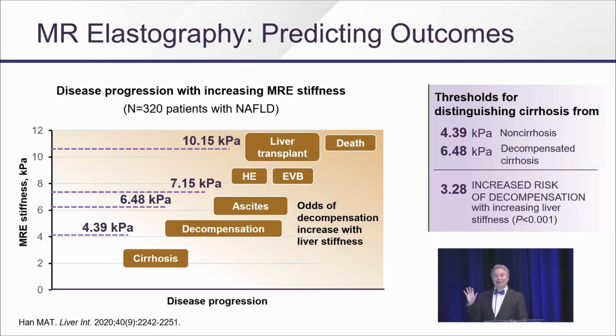But fortunately for MRE, it comes with a, if your report doesn't have the handy-dandy numbers, tell your radiologist for $4,000 they should do a better job. Ours do. Well, they charge the $4,000, but they at least give me the exact amount with the fibrosis stage. And you can see that 4, you have cirrhosis. Above 6, you're at risk for decompensation. 7, that's when you start to develop ascites, and it is pretty linear all the way up, well beyond where FibroScan can, because once you have ascites, FibroScan's useless.